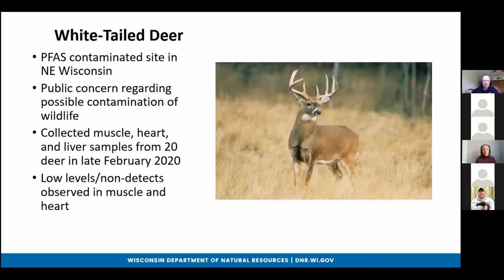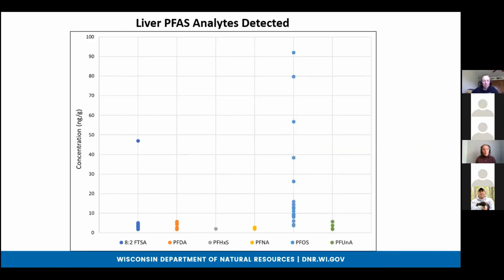So in February of 2020, we collaborated with USDA Wildlife Services, collected 20 deer, and from these deer, we collected muscle, heart, and liver samples. And what we found was that we found very low levels or non-detects in the muscle and heart tissue. However, the liver was a little bit different, not totally unexpected considering the function of the liver. PFOS was detected in every single